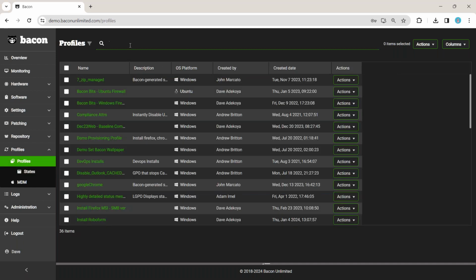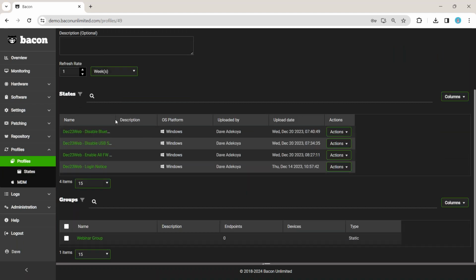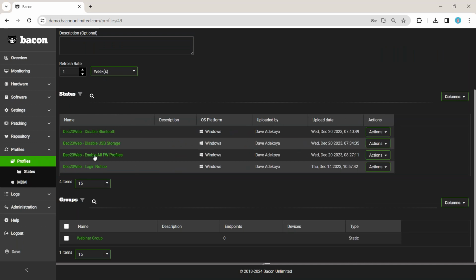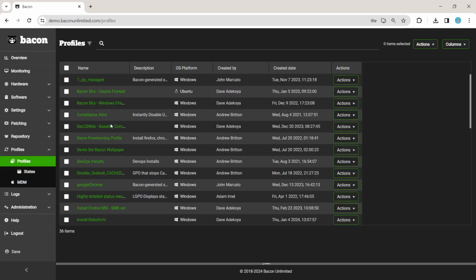So in the case of, let's say, a baseline compliance profile, which I used in a previous webinar, I can push out very simple configs like disabling a Bluetooth service, disabling removable drive access via USB, pushing out firewall profiles, and making a login notice, which is just like a local GPO I can use to set the login notice whenever you log into a machine. And then this can be pushed out in a profile to a group, and then Bacon can audit those configurations